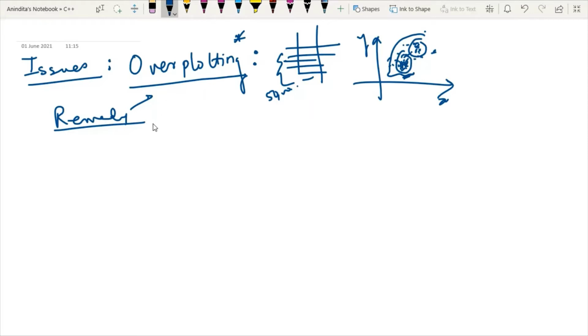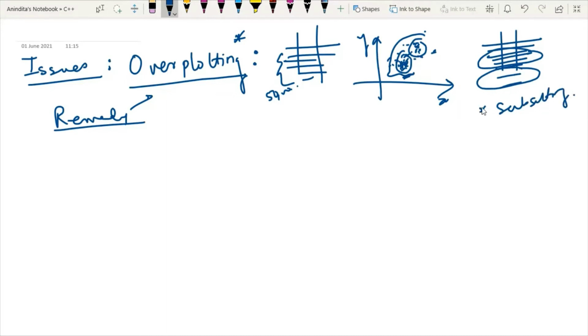One alternative is to sample the data set into a subset. Whenever we have larger data sets, we can sample our data set. In the previous class, I discussed subsetting. Subsetting is one of the mechanisms used to avoid the overplotting situation in the case of a scatter plot. Subsetting means randomly selecting points in our data set that should give a general idea of the pattern in the full data set.